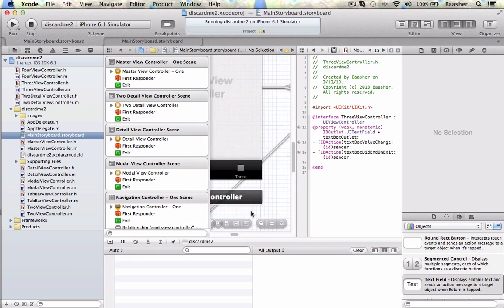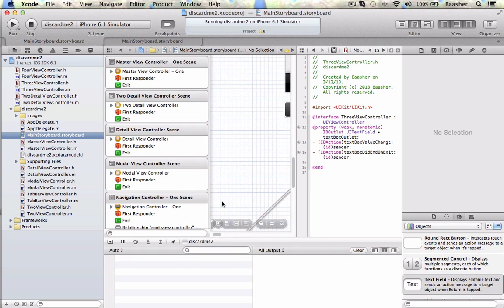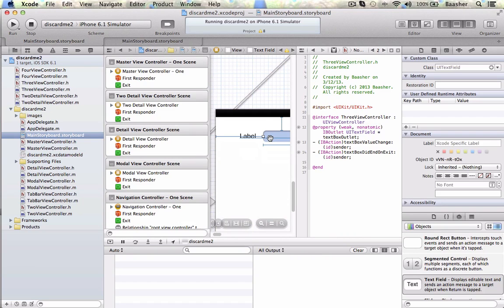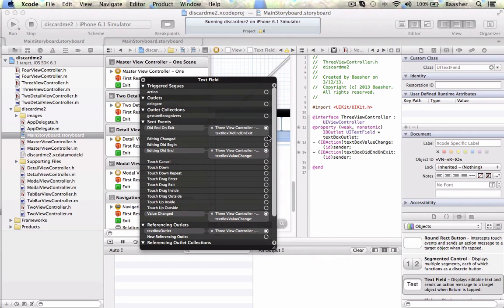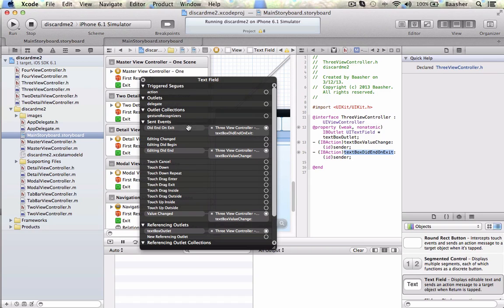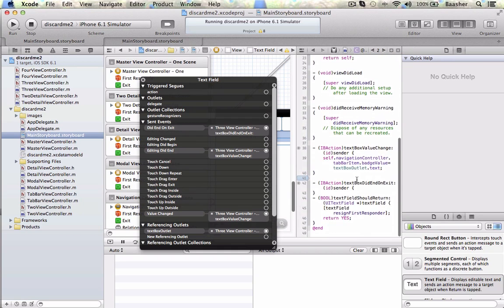my label, and I'm going to control click and drag, did end on exit, and created the IB action. I named it text box did end on exit. That's the name I gave it, and it's the did end on exit. So basically, click, drag right there, call it did box end on exit. Then in here,